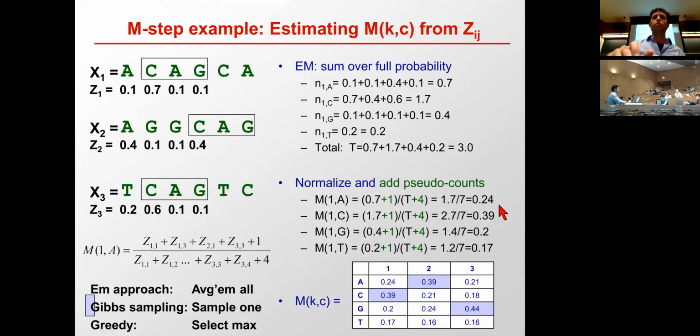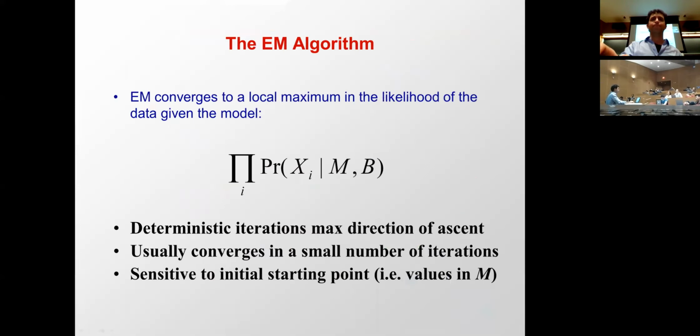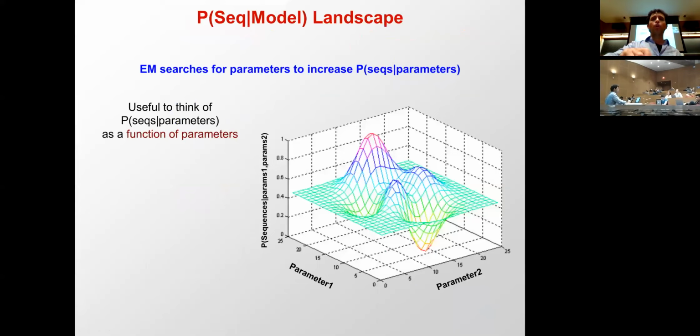I can add some pseudo counts and then end up with that motif definition, either using an average of all of them weighted according to the probability, sampling one of them, or selecting the max. Okay? So what EM will do is iteratively refine the motif,